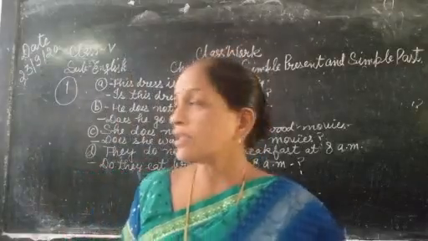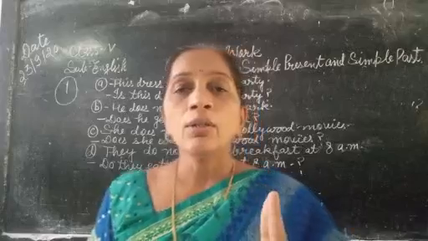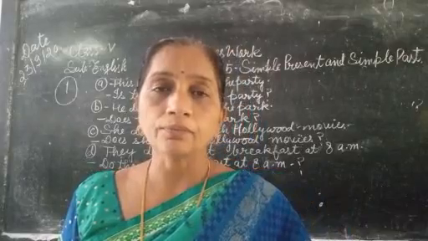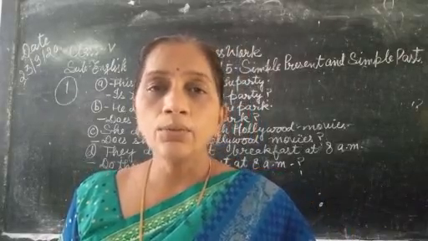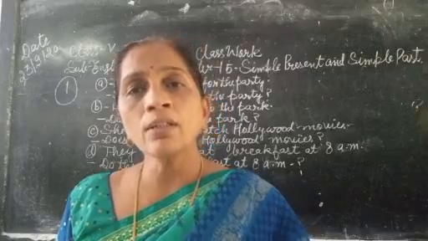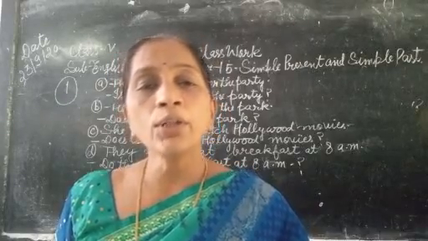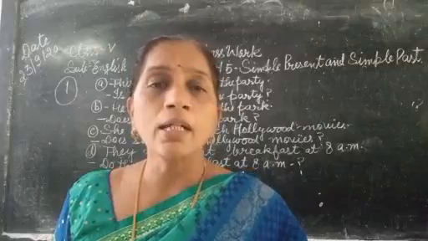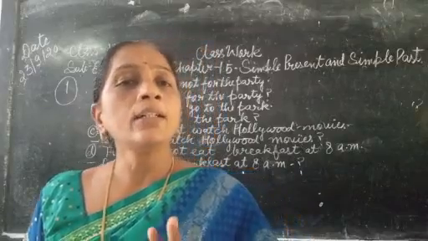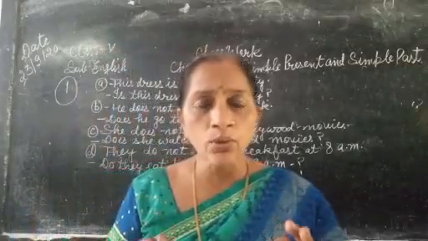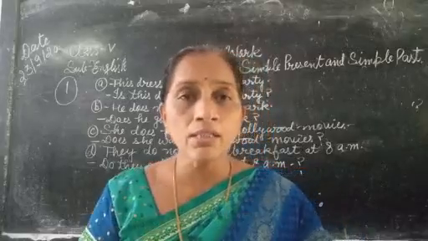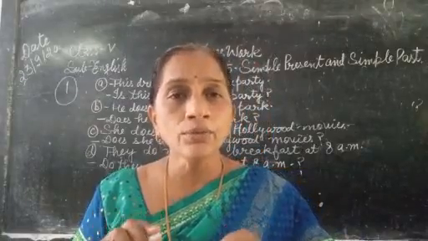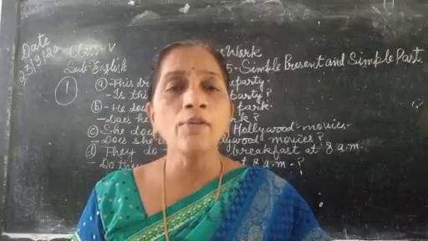In negative sentences, we have to add do not or does not according to the subject. Okay? Do not or does not, they are put according to the subject. I, all the plurals and you, they carry do. Make it a rule and try to understand that whenever we are going to write a sentence of present simple